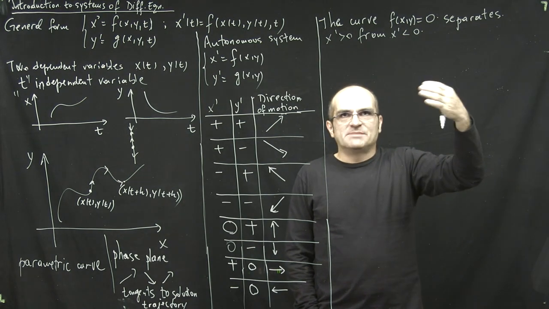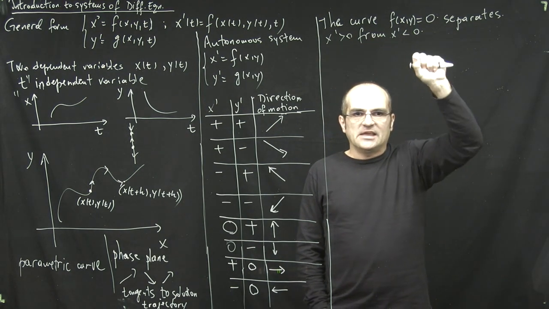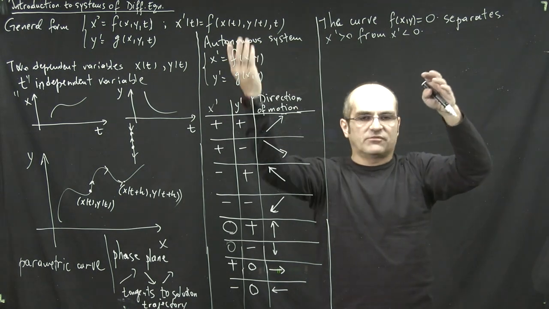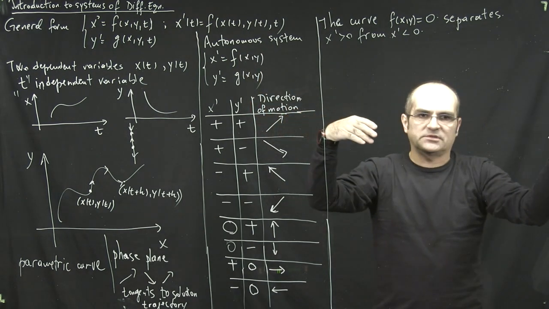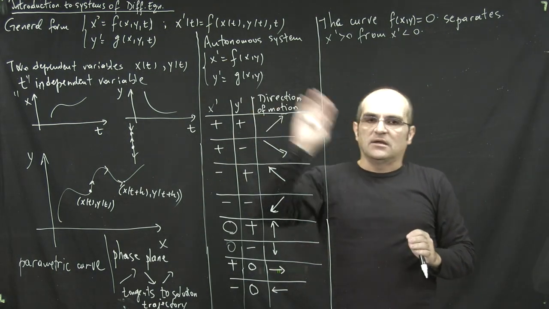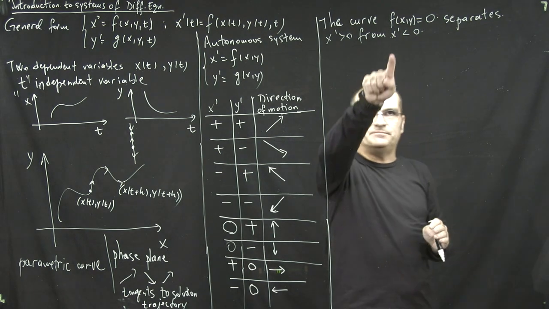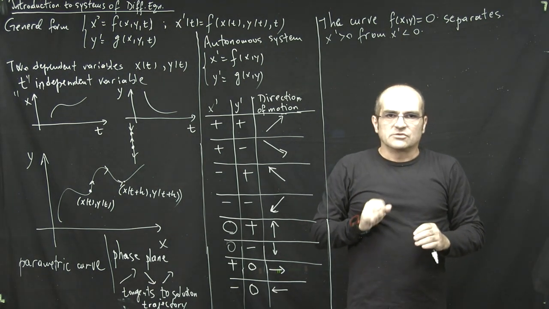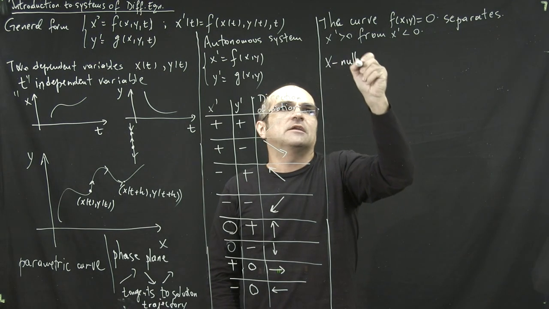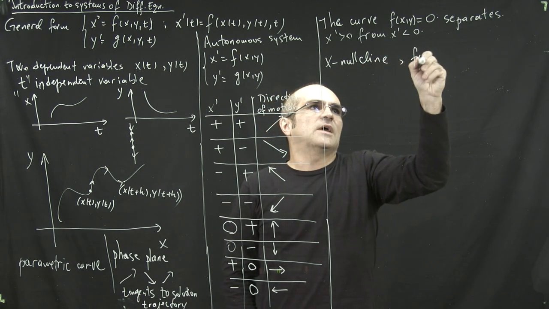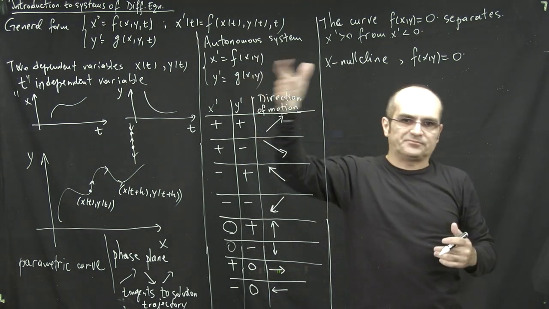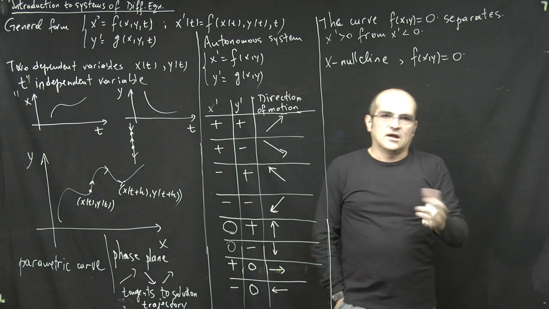So let's, for simplicity, imagine that this is just a single curve, right? So at any point on that curve, x prime is 0. So then it stands to reason that on one side of it, x prime will be positive, on the other side of it, x prime will be negative. So I can quickly localize the region in the plane where x prime is positive or negative by simply plotting this curve. So this curve has a special name. It's called the nullcline. So the so-called x nullcline is f of x, y equals 0. So you sketch this, and it's called x nullcline because it gives you the separation between x prime positive,